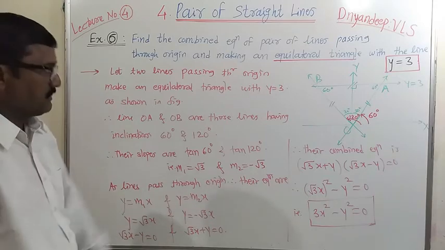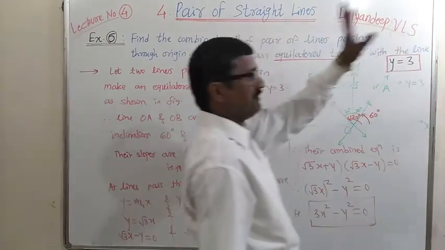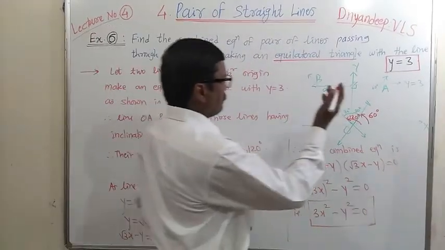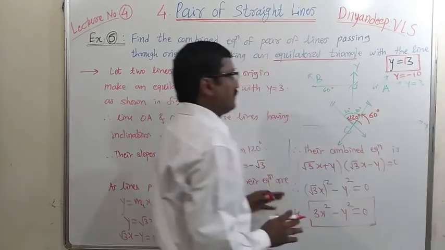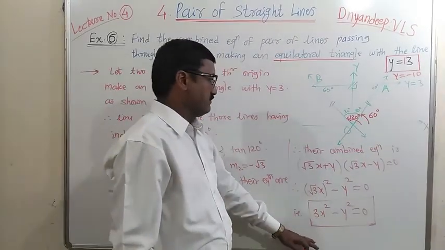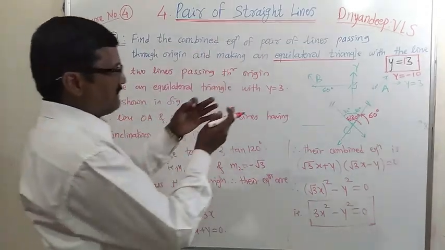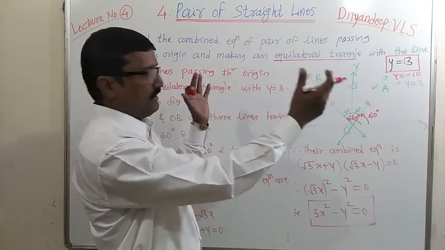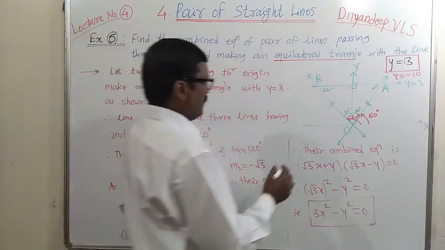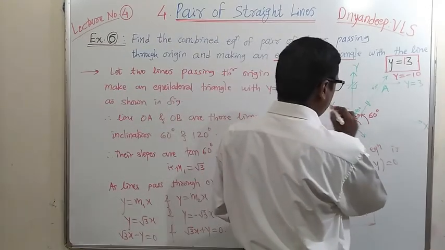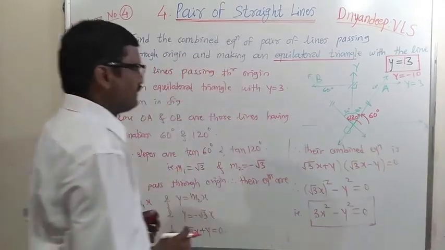So remember this answer, because if the question is changed, means in this question if only this equation is changed, it will be either y equal to 3 or y equal to 13 or y equal to minus 10. There is no effect on the answer. The answer will be the same. Because as the distance of the line increases, the size of the triangle will increase, but the answer will remain the same. If you take y equal to 2 or y equal to 3, no problem. The size of the triangle will get reduced, but the answer will be the same.